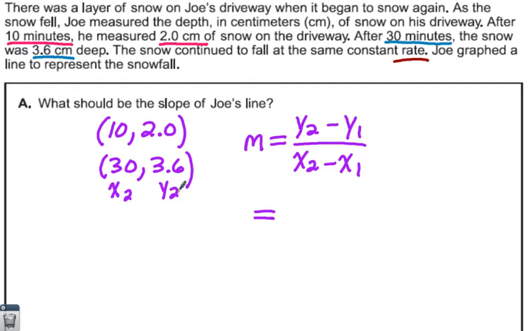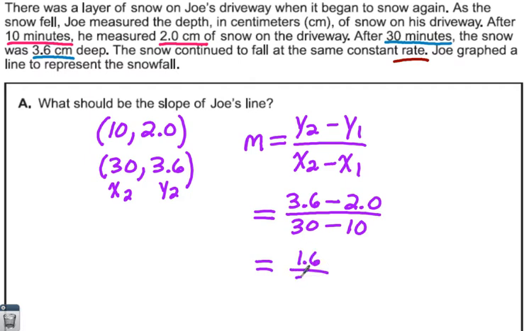So when I plug these numbers in, it's going to go like this for me. y2 minus y1 all over x2 minus x1, and that's going to get me 1.6 all over